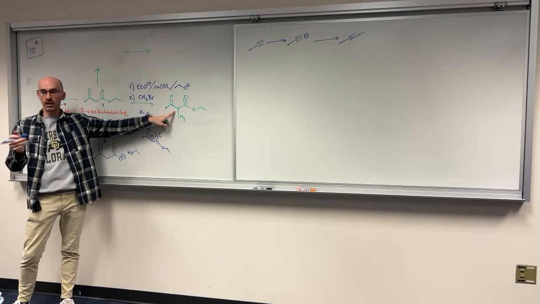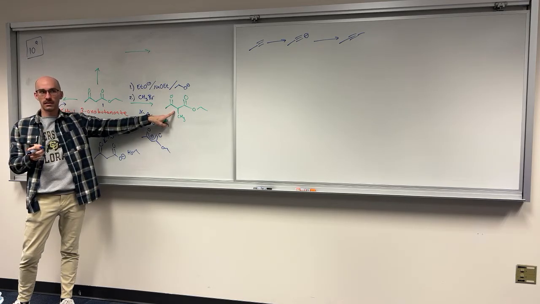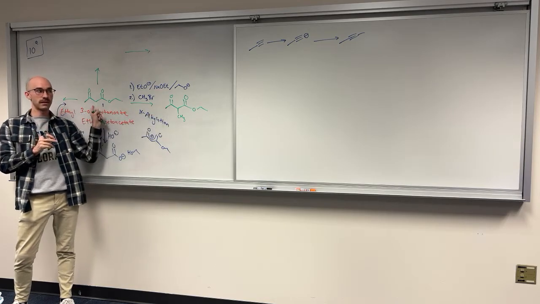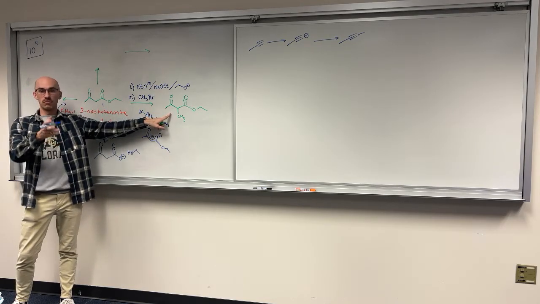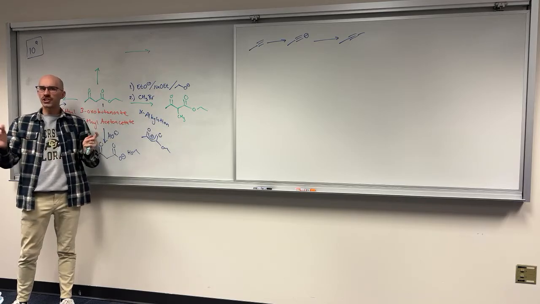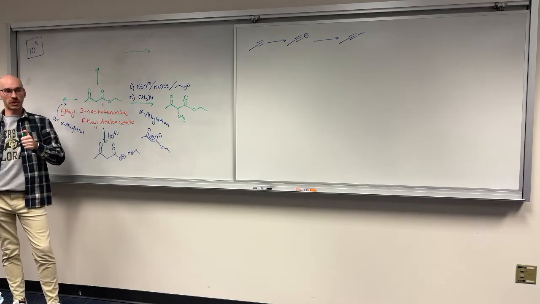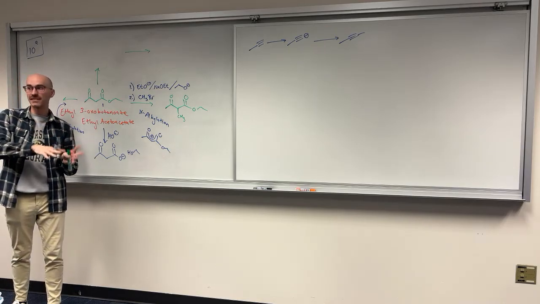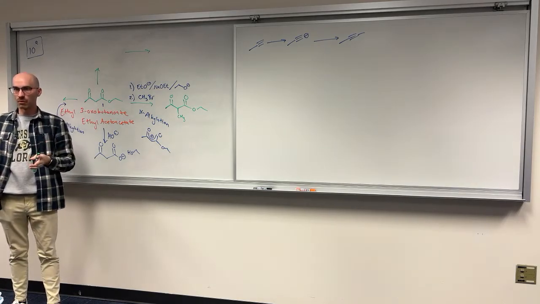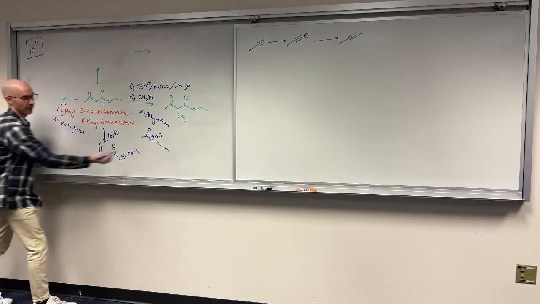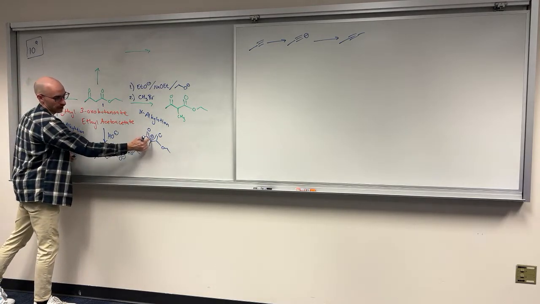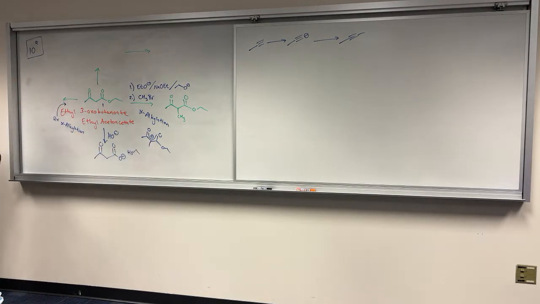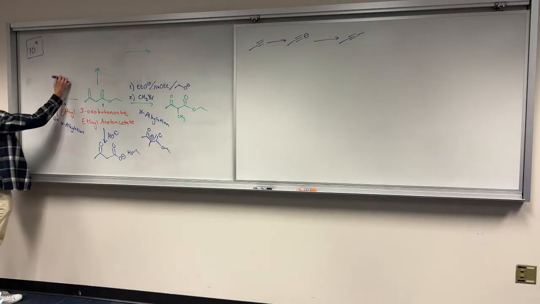More acidic because? Same amount of resonance? Substituted group? More substituted carbon. Which doesn't actually mean the more substituted carbon makes it more acidic. It's the more substituted alkene resonance form that makes it more acidic, right? When that alkene forms here, it's more substituted, more stable. All right, so first,